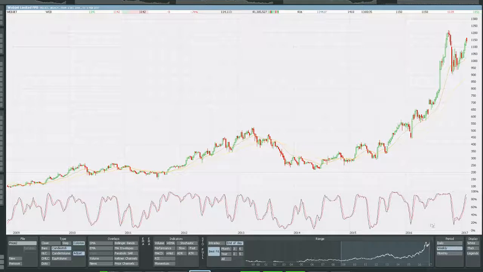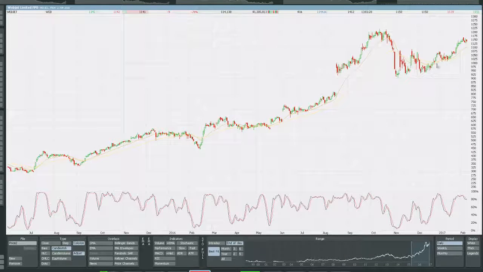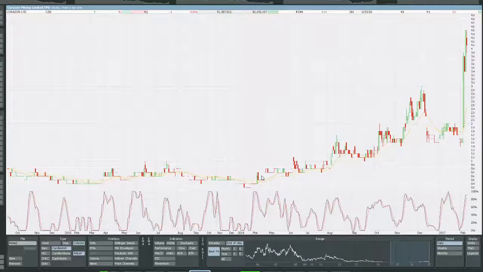But what I'm trying to say is that you can see that's a lot of steam to come out of that market. That's one good example, and it seems to be running out of steam there. If we go to the other one, CZN,